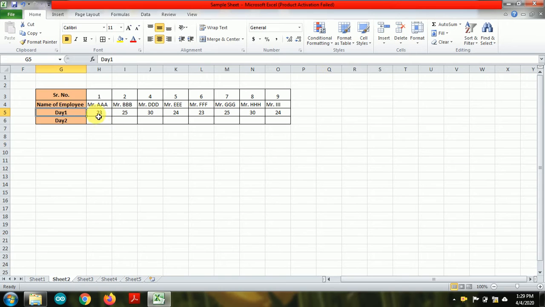Here the names of the employees are written and below, under day 1, some numerical values have been written, and the day 2 row is empty. Now take an example. If I want to copy the same content which is available above into day 2, so instead of doing copy and paste, there is a very magical key available in MS Excel, that is